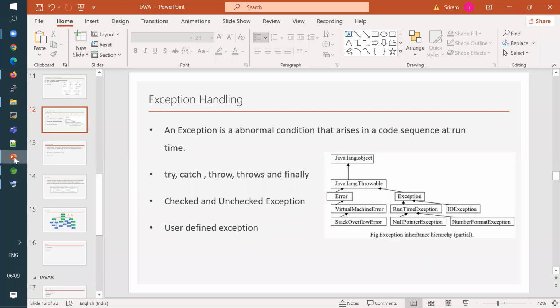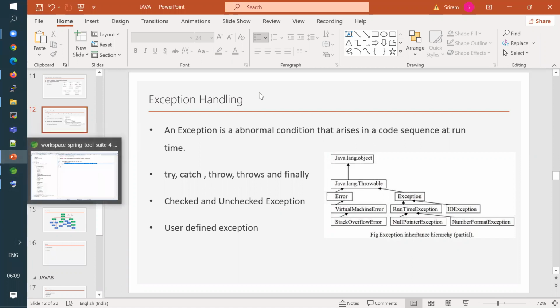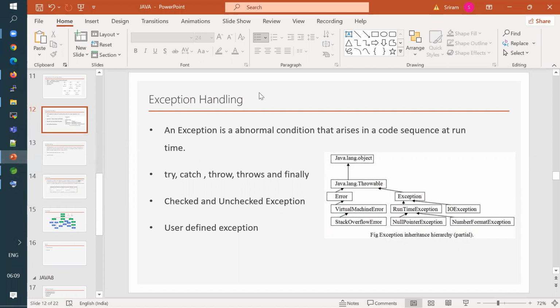They may give you some sample code and ask you to identify a problem in it, or they may ask what a user-defined exception is. User-defined exceptions are also called custom exceptions, so both are the same. These are the kind of questions you may face in exception handling.